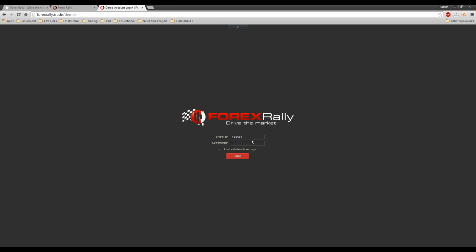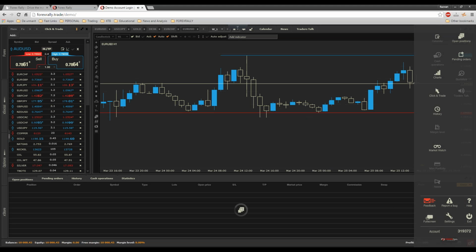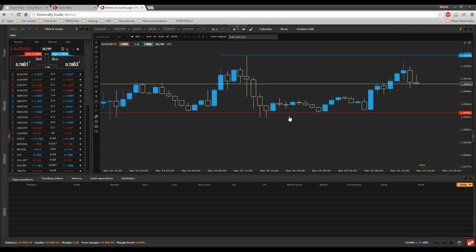Just put in the user ID that you can get from your client office and your password, which you set from the beginning when you registered to the client office. If you log in again from another terminal, from another computer, you will see that your charts are saved like this.